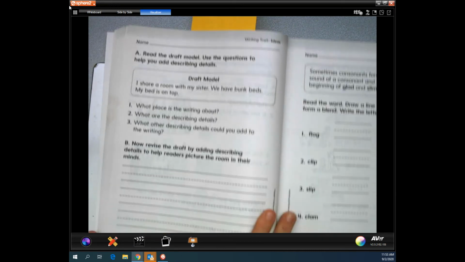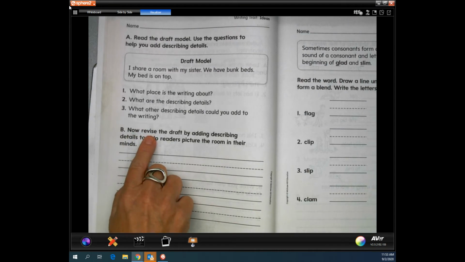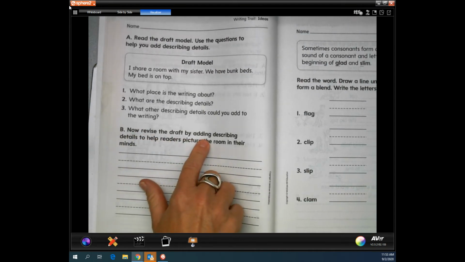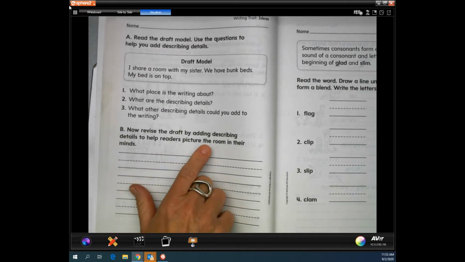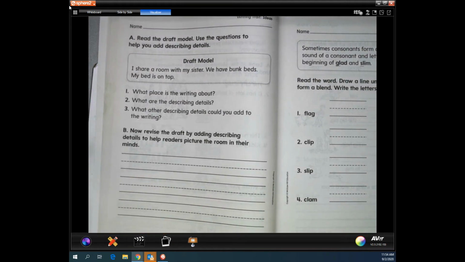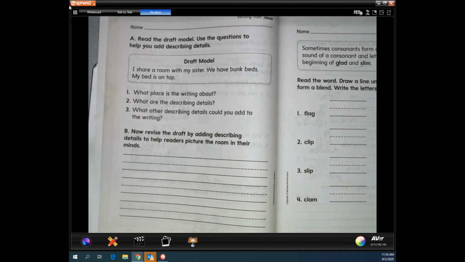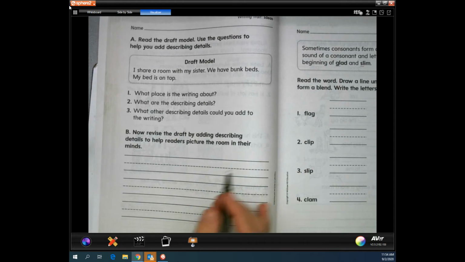So down below, the actual activity goes like this. Now, revise the draft by adding describing details to help readers picture the room in their minds. So I'm thinking that I'm going to add a little bit of a describing detail about what type of room they are in. So I am thinking if it's a bunk bed, that it is going to be in a bedroom. So we would then write,